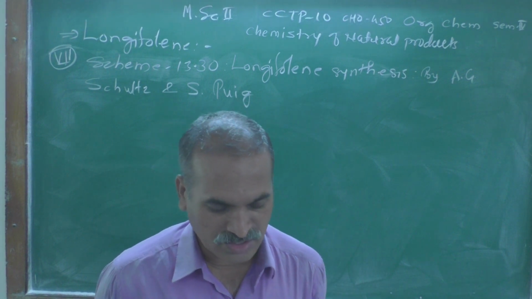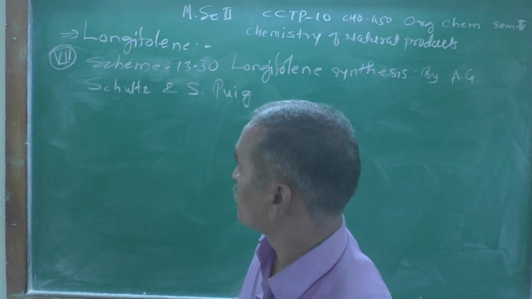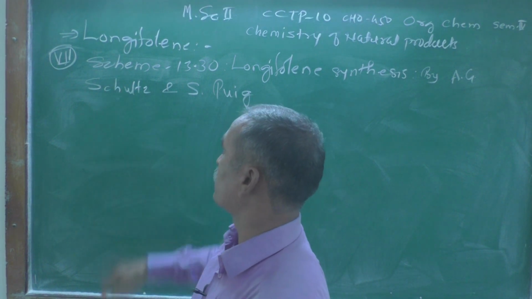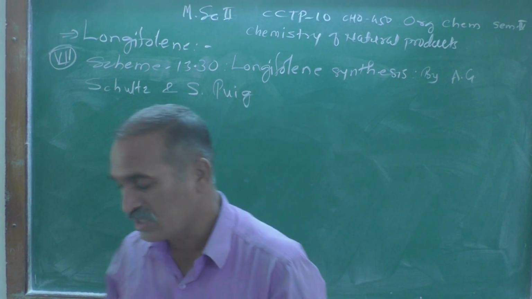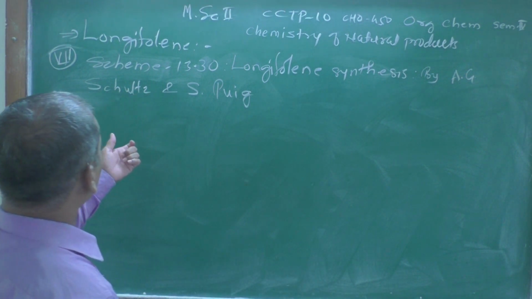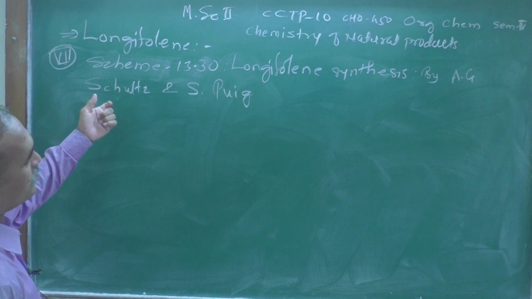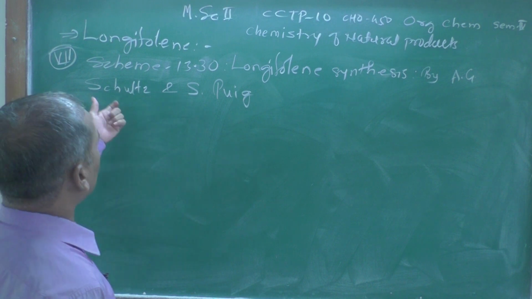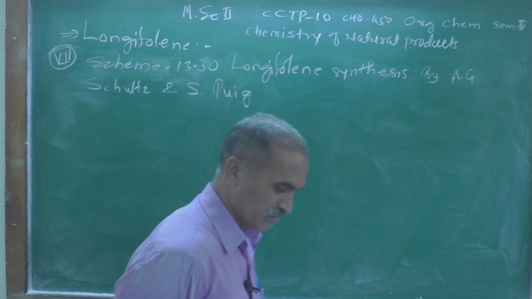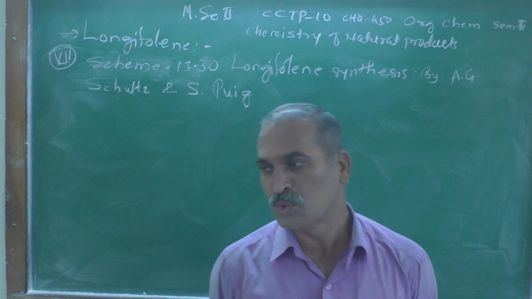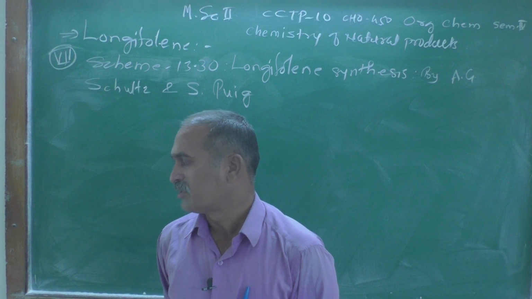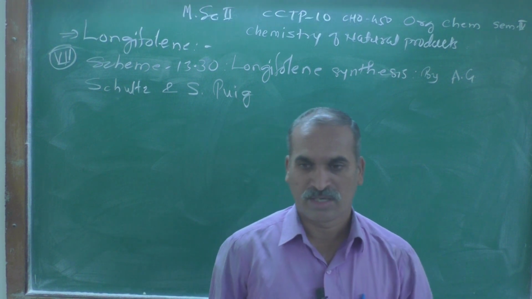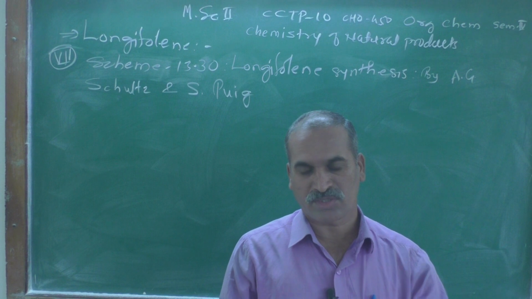13.13, that is the 7th way of synthesizing Longifolene in the laboratory, and this 7th way is described by A.G. Schultz and E.S. Pugh. So these two scientists described this synthesis in the laboratory, starting from